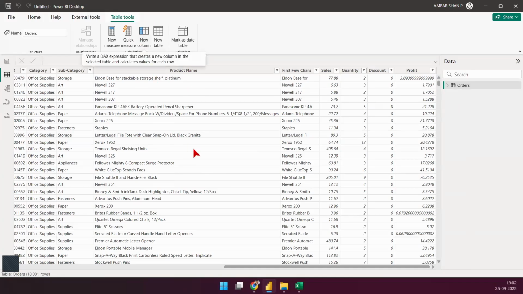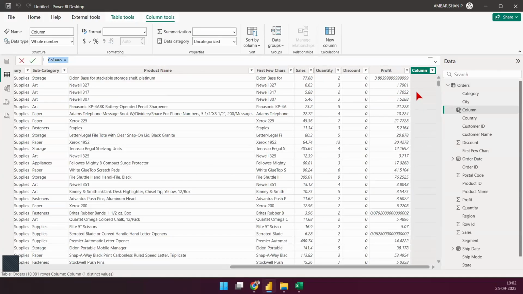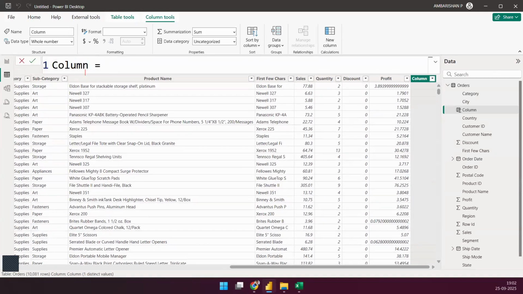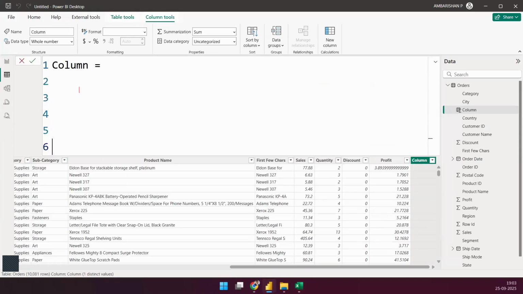I'm just going to say new column. And yeah, this is what I have. And let's talk about this setup here. This is different from Excel. Yes. So what I'm going to do is press shift enter, and you'll see that I can take my cursor to the next line. So these are all line numbers for you. Okay. So don't get confused. What is that one? I'm not understanding that part. No, it's all just line numbers here. Don't worry about it. If you do a shift enter, you go to the next line and you enter your formula. That's it.